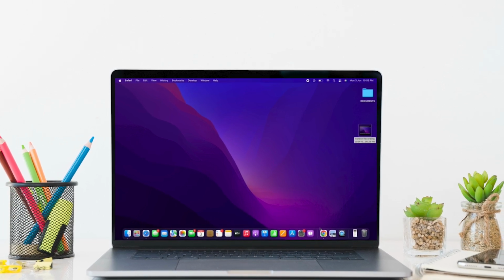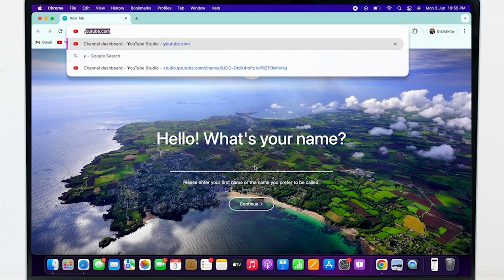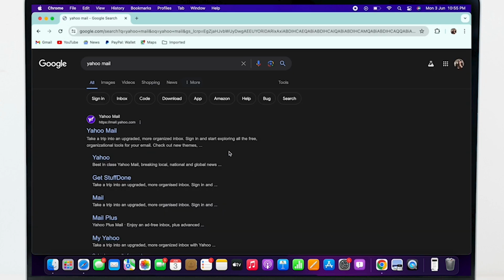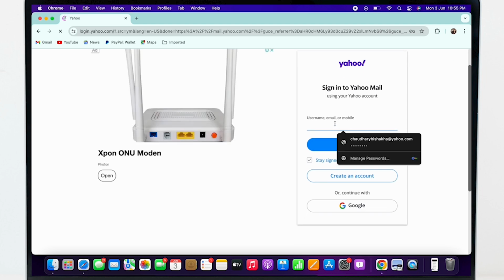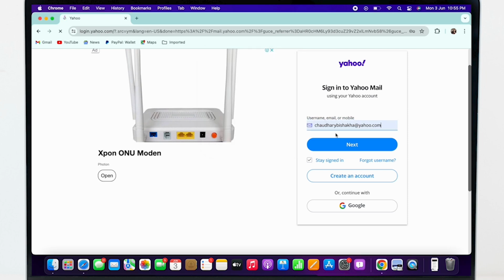Now, let's get right into the tutorial. Firstly, go ahead and open your preferred browser and in the search bar, search for Yahoo Mail. In the interface that you will be led to, tap on the first link you see there, that is mail.yahoo.com. You will then be led to the login portal of Yahoo, so go ahead and enter your username, email